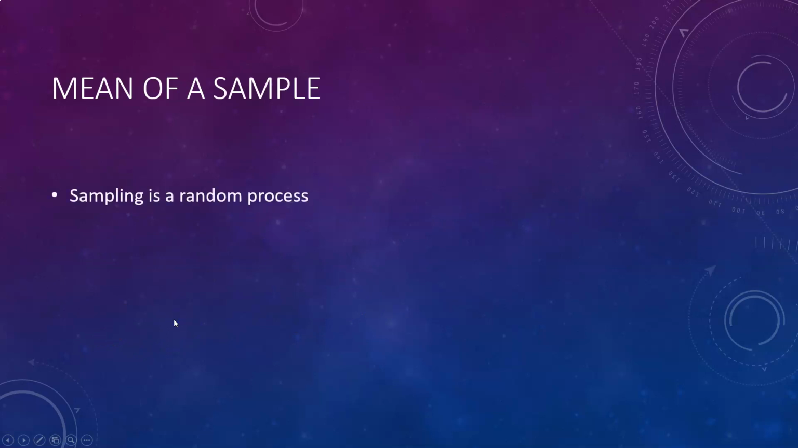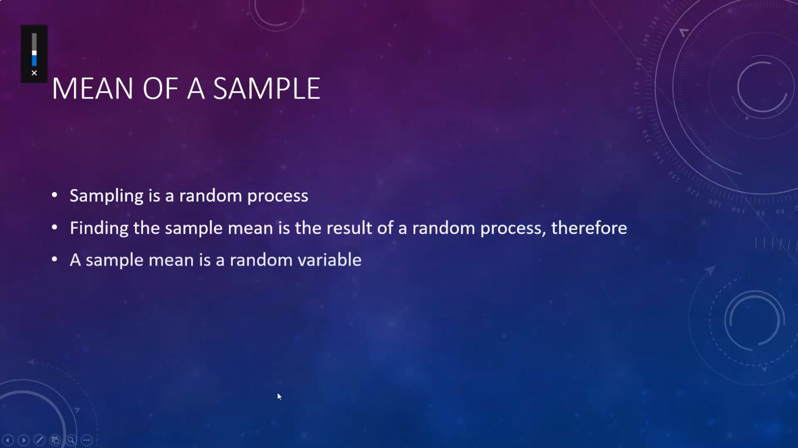The thing that you need to remember about the mean of a sample is that the act of taking a sample is a random process. If you take a good sample, every member of your population has an equal probability of ending up in the sample, more or less. And if that's the case, then who you get in your sample is random, and you don't know who you get in that sample until you actually take the sample. The mean of your sample is the result of that random process, and therefore the sample mean is a random